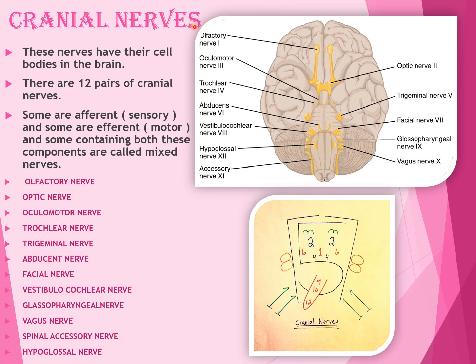Now about the cranial nerves. These have their cell bodies in the brain. There are 12 pairs of cranial nerves. Some are afferent or sensory, some are efferent or motor, and some containing both components are known as mixed nerves. The first is the olfactory nerve, second optic nerve, third oculomotor, fourth trochlear nerve, fifth trigeminal, sixth abducent